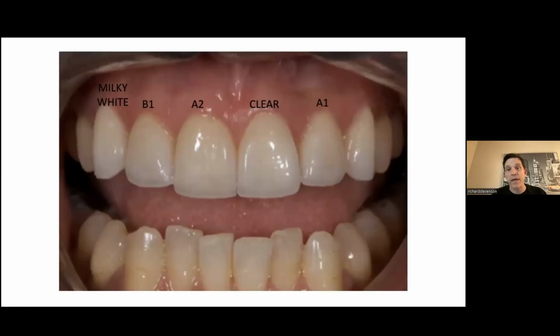I wanted to show you here a case that I did some years ago, and this was before cementation, but I'm trying in the same exact veneer shade on 6 different teeth. Actually, here's 5, and I'm using different try-in paste. So you can see the milky white versus the B1 versus the A2 versus the clear versus the A1. And cements do have an impact, and it's nice to be able to have an assembly of different shades, but realize that